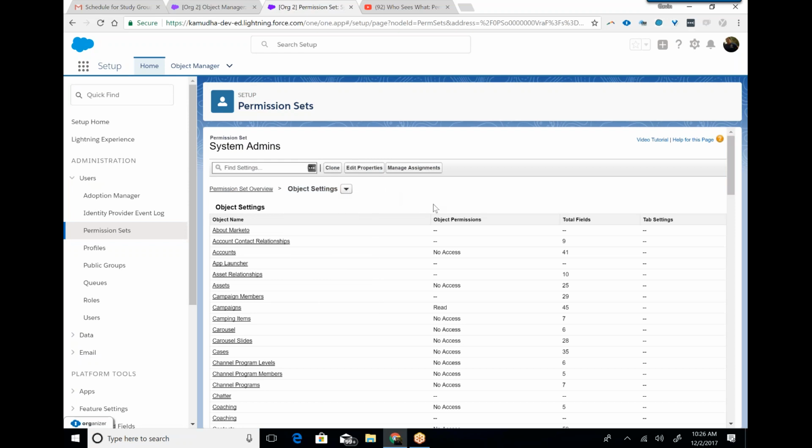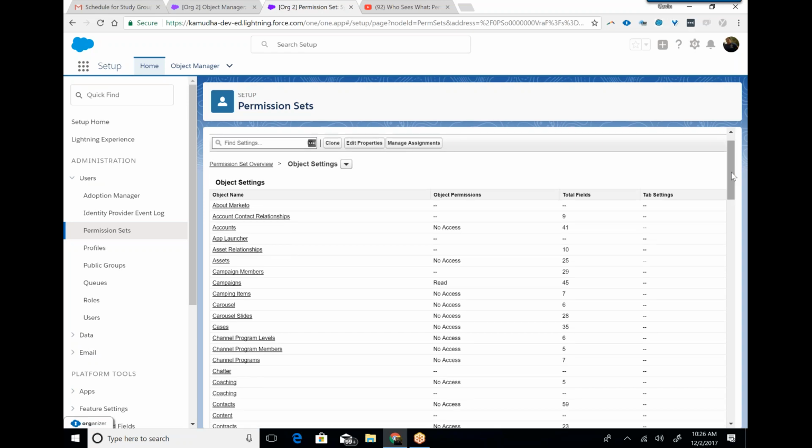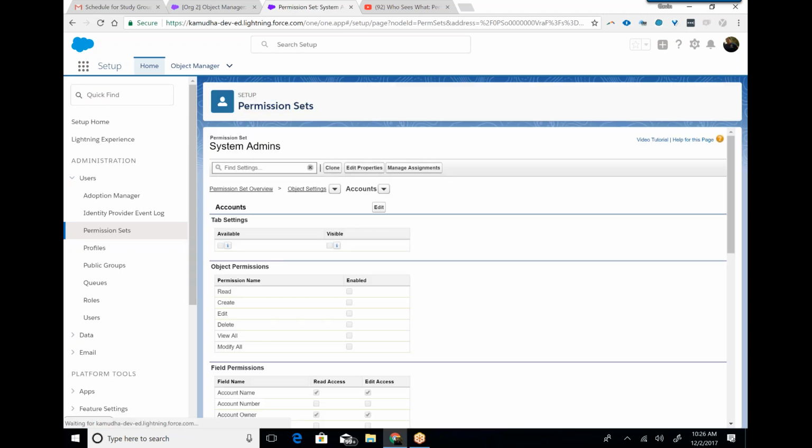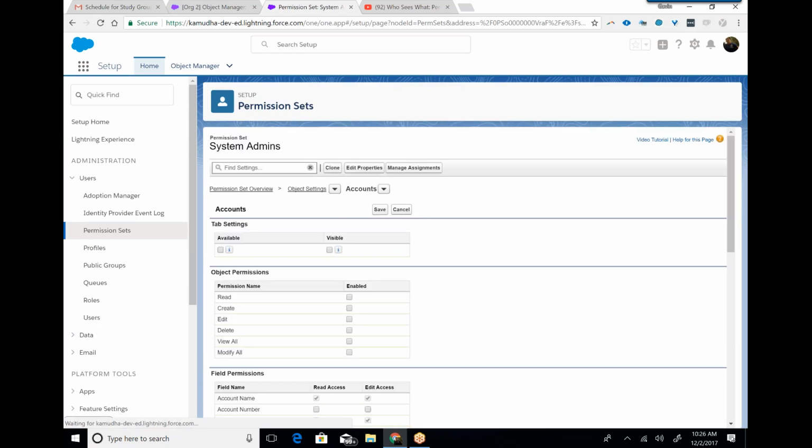So you'll create a custom profile called field directors, and after creating the profile, you will say the first 10 field directors want only edit access in accounts. They should not have create access. They should not have delete access. And the second 10 field directors will have create access only in the account, and they cannot edit, they cannot delete. And the third set of 10 field directors can have all three permissions. So that's where permission sets come into play,